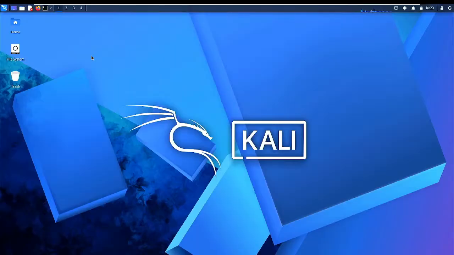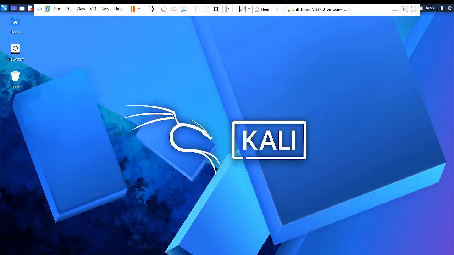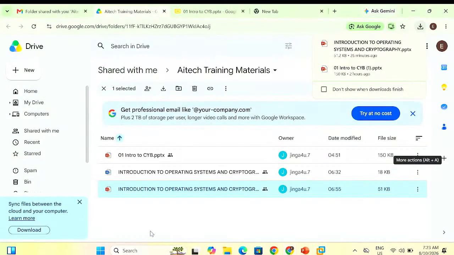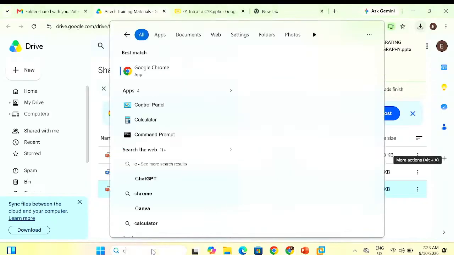A terminal is what allows you to communicate or interact with your system. Have we heard of command prompt before? Command prompt in the Windows system. This is command prompt in Windows. We can come here and search CMD.